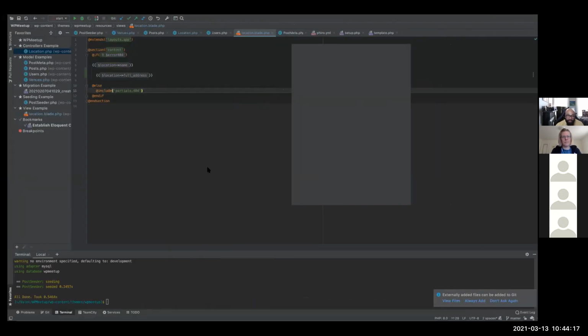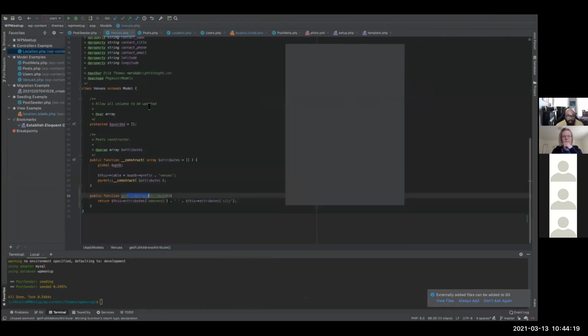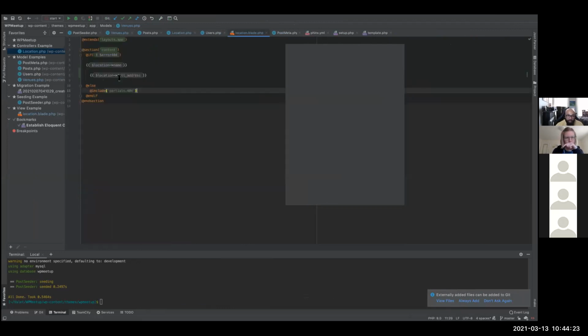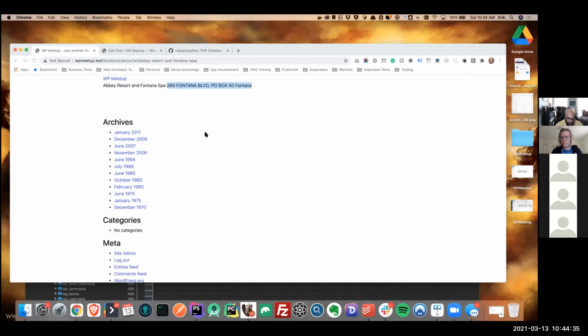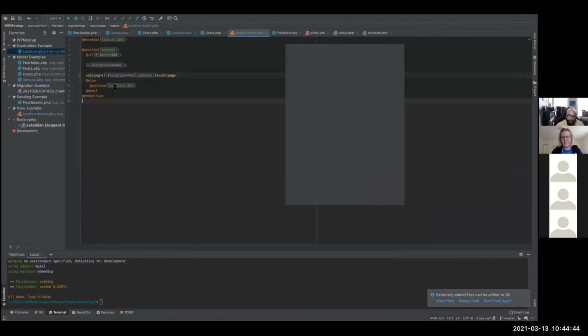If I want to wrap that in strong, now I can do that. If that's what I want, I don't want to do it there. Let's do it over here, like a smart person. Oops. So if I wrap this in strong so it can be seen the difference between them, boom, all right, there it is. And I can use this for every piece of data on there to start making my template out.